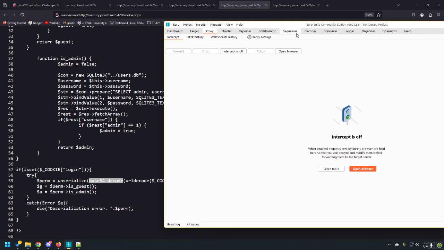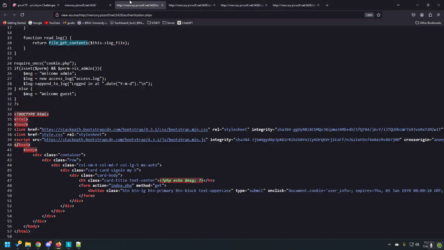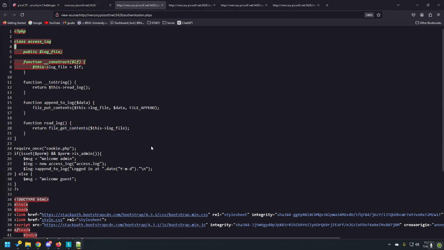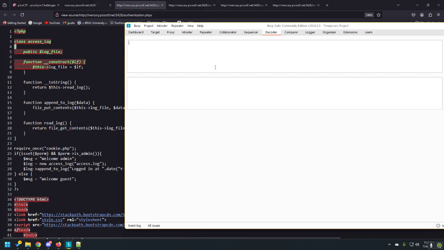Let's go back to Burp Suite. We use the decoder and let's use this. So we write the command O for object, and access_log is 10 characters, so we write 10, colon, access_log, colon 1, since the object has one property. This, open a bracket, string. The log file is 8 characters, so we write 8, log_file. Close this,